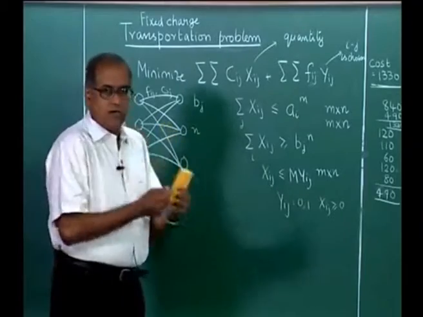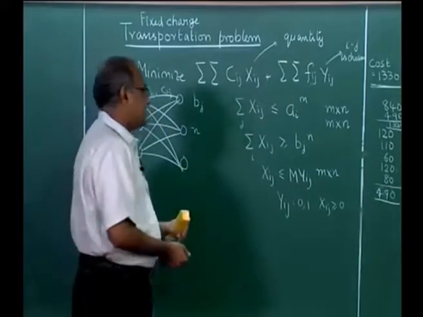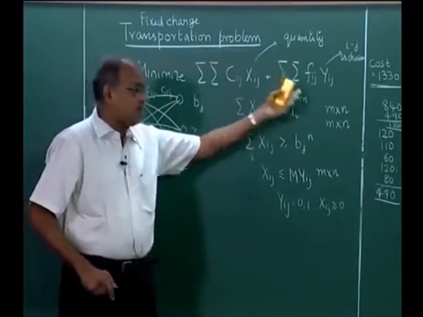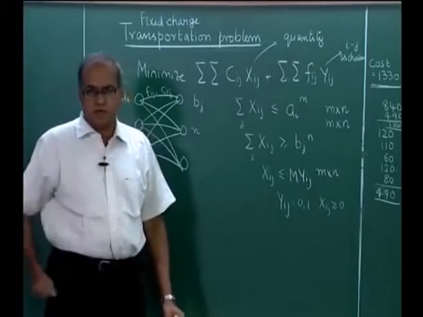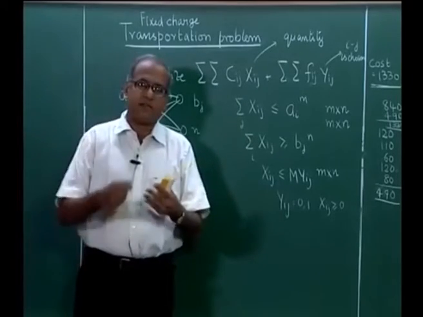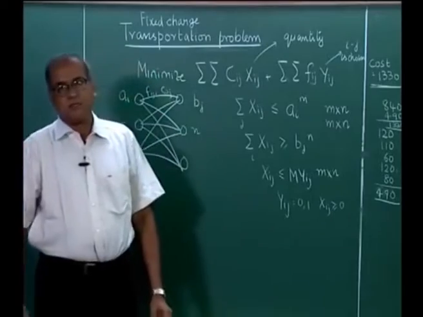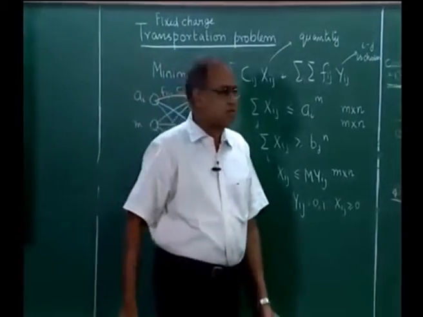So if we really want the optimum solution to the fixed charge transportation problem, then we can solve this and use a solver to solve this, which again necessitates the availability of a solver. And if we do not have a solver, we could think in terms of other methods such as a branch and bound algorithm and so on. Such methods exist in the literature, they can be used to get the optimum solutions.